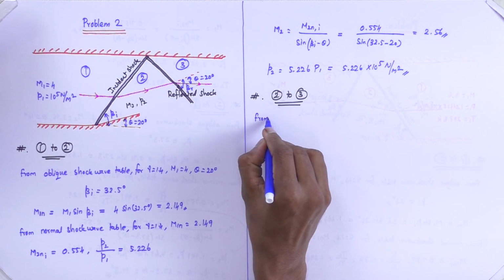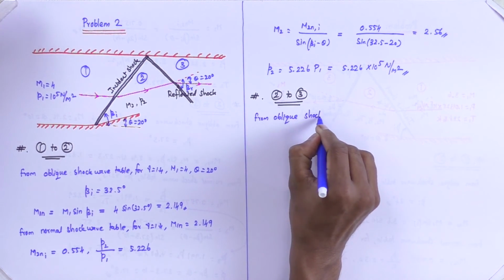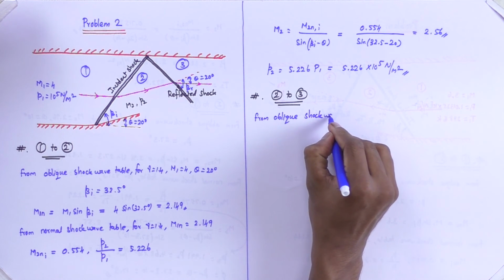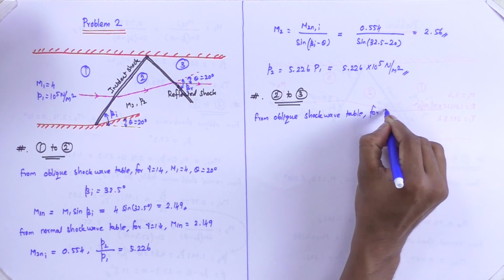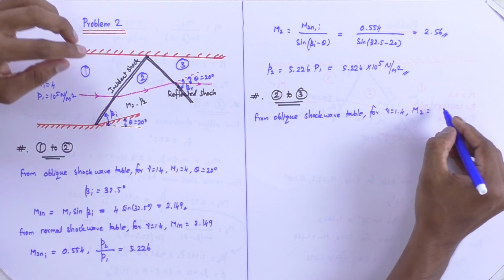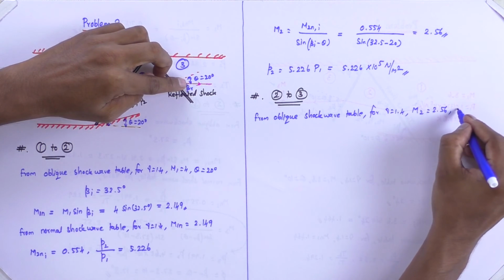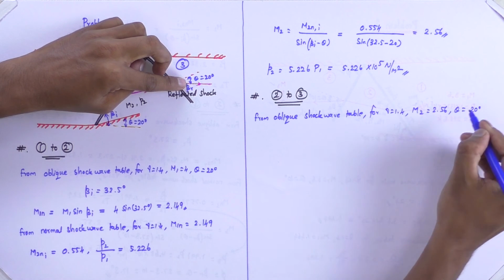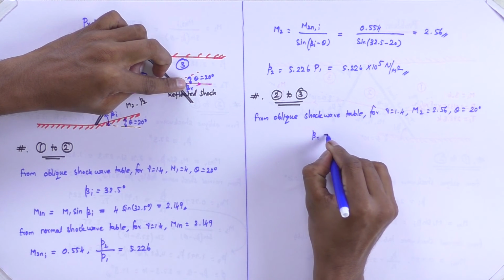So from the oblique shock wave table we have to refer to the reflected shock wave angle table for gamma is equal to 1.4 and M2 is equal to 2.56, with flow turning angle theta equal to 20 degree. For this condition we will get the shock wave angle as